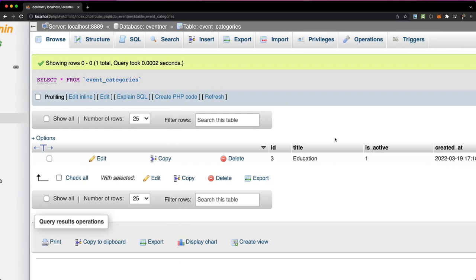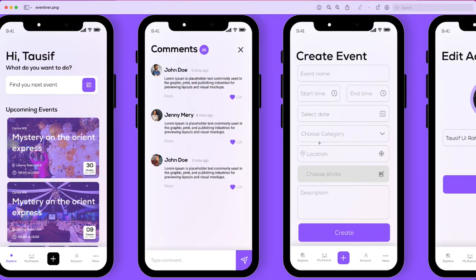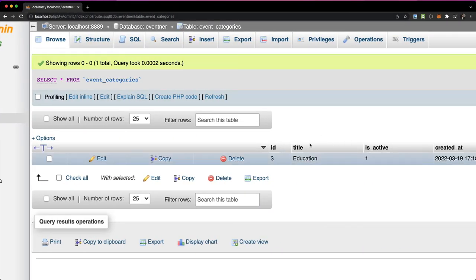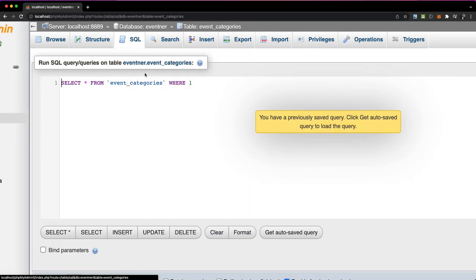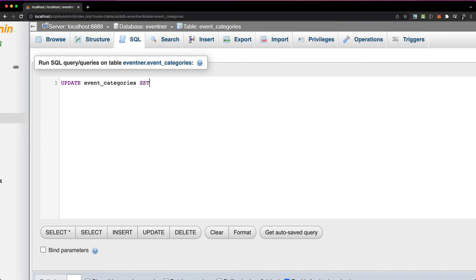Then if we want to update this category, you can go back to event categories. What you actually want to update is to make its is active 0, which means when we fetch the categories for this form, we will not receive that category because it is not active in the database. So if I go back to the SQL and write update event categories set is active equals 1, where